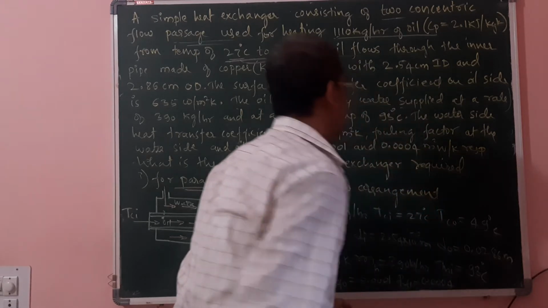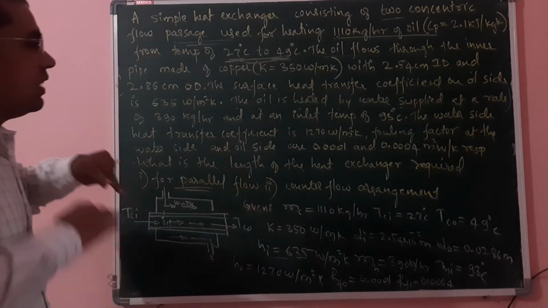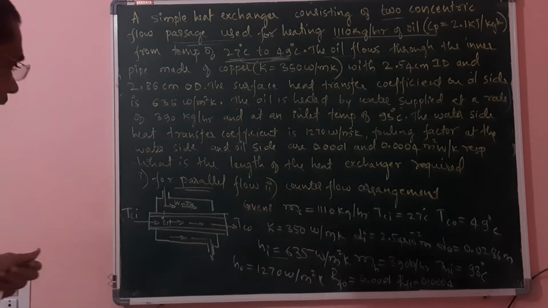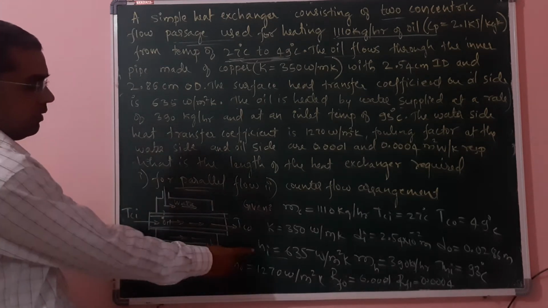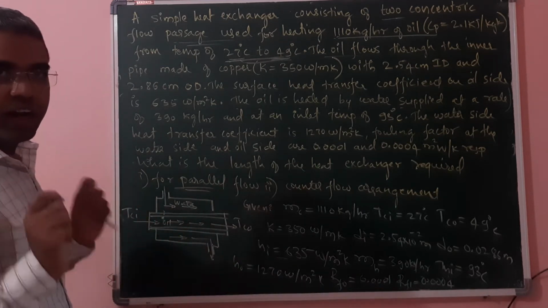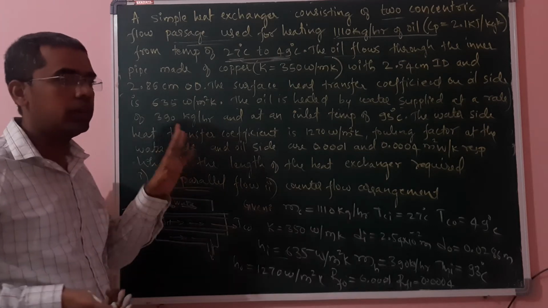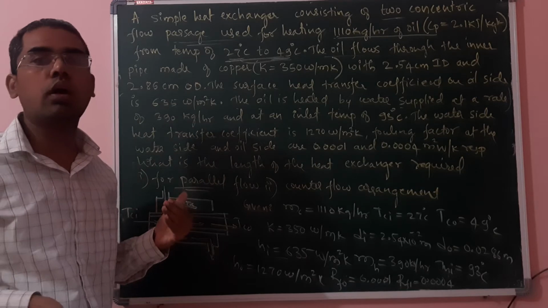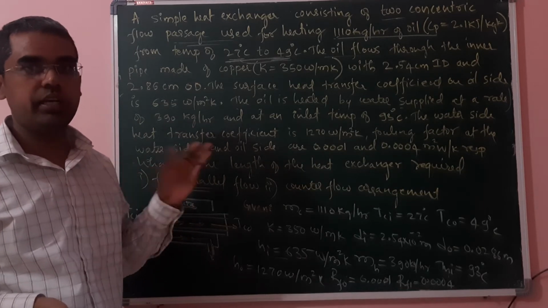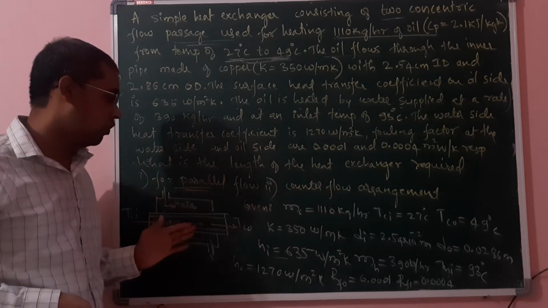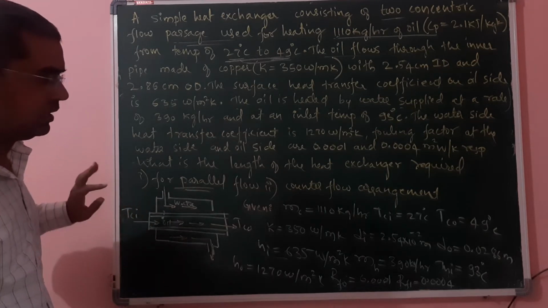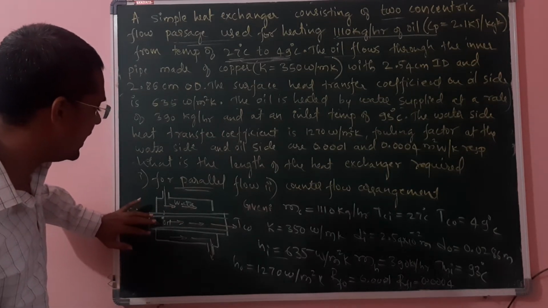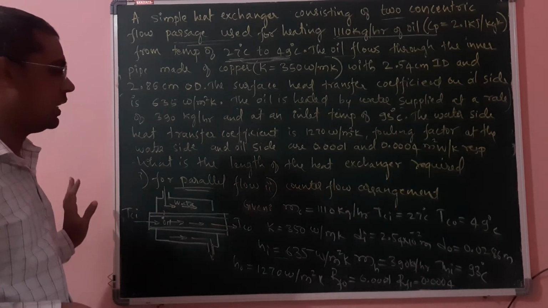0.0004. We have to calculate the length of the pipe. How does the heat transfer take place? Why they have given these: previously, while deriving the expression for the log mean temperature difference, we took the overall heat transfer coefficient as constant. But the overall heat transfer coefficient depends on certain things, that is, on the inner surface area it is different, on the outer surface area it is different.